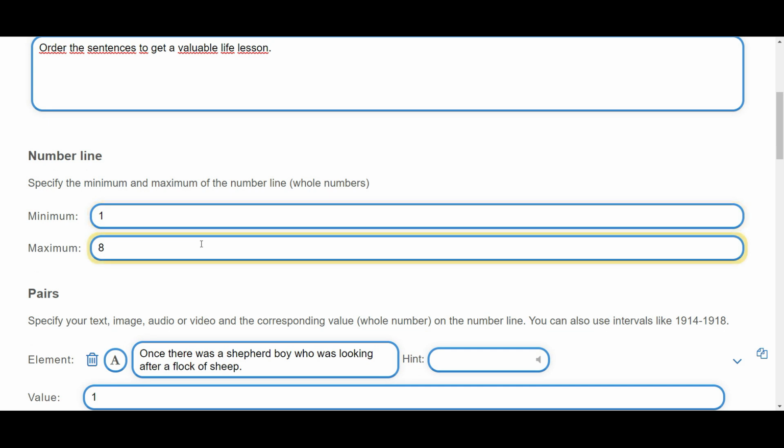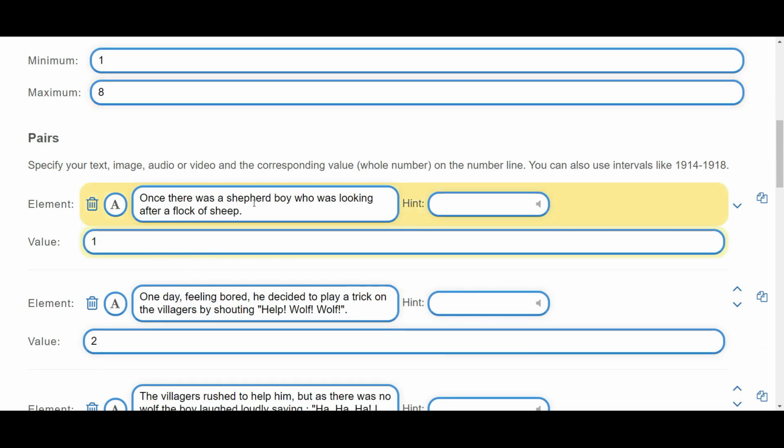As I have already mentioned, I'm going to keep the same number of lines, and now I'm going to type the 8 sentences in the correct order.